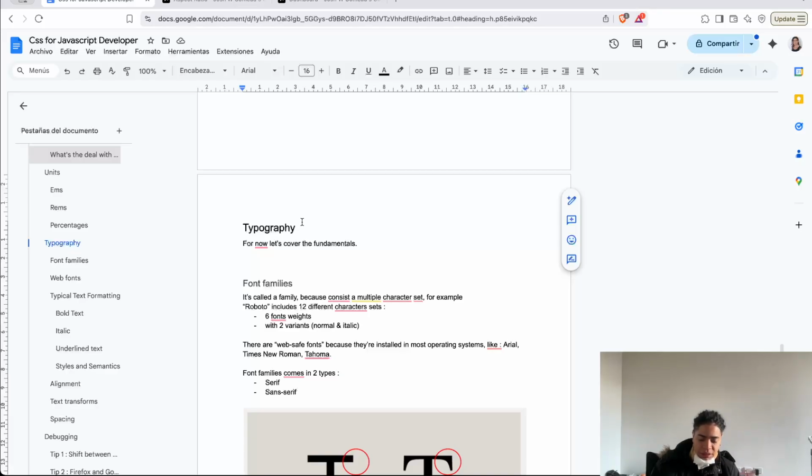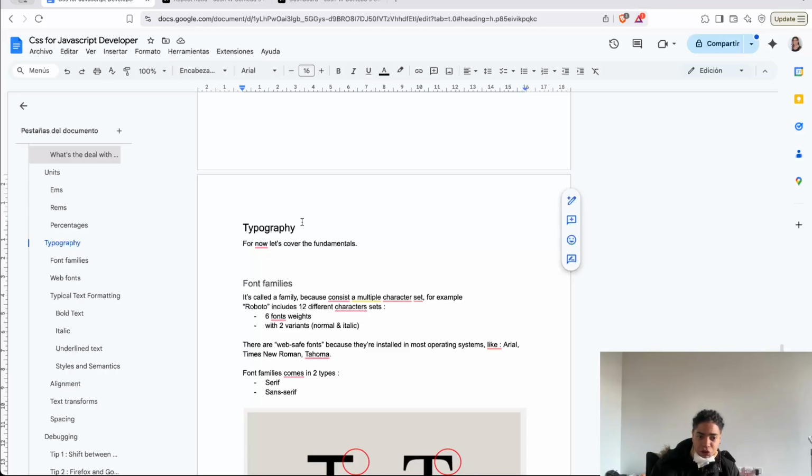First is the font family, the web fonts, as well as the typical text formatting, where you have bold, italic, and underlined text, which you don't see in other contexts. The underlined text, as well as the style tags, but underline is another format. The alignment,